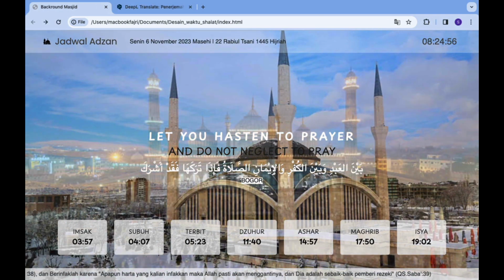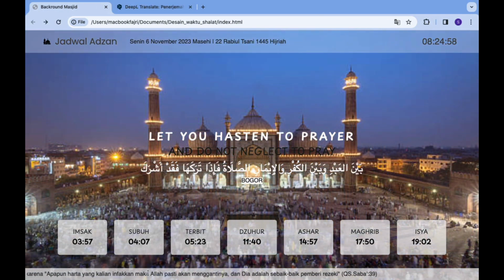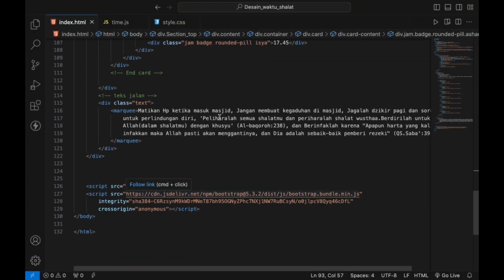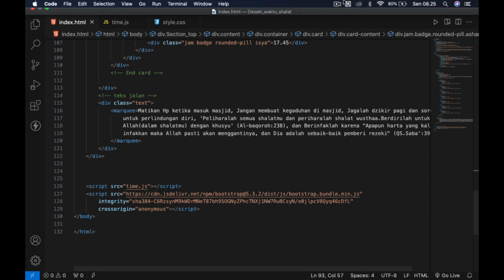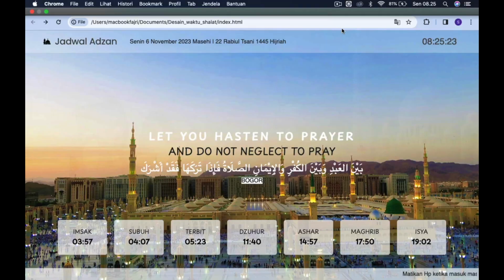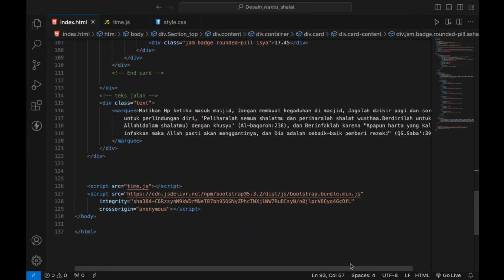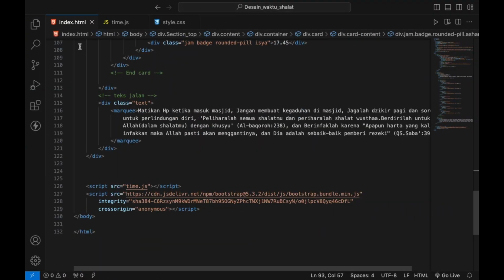And I think the last is this, what is the name, the running text. I make this in index.html with this marquee, and I write it like this.